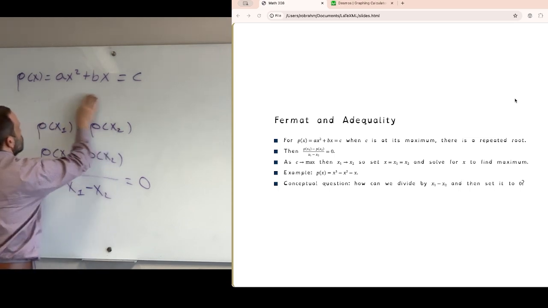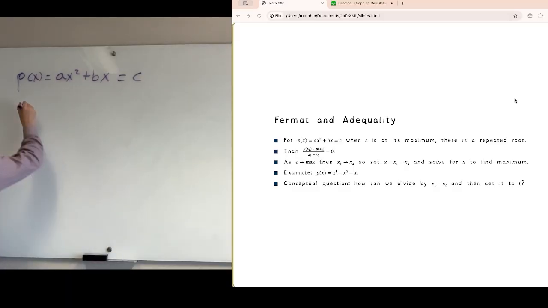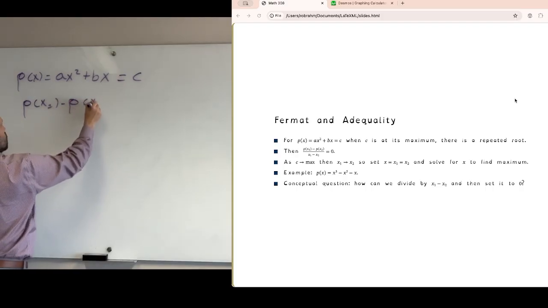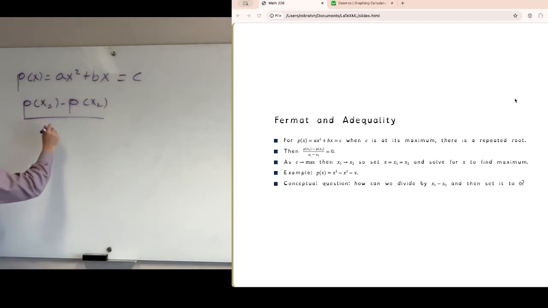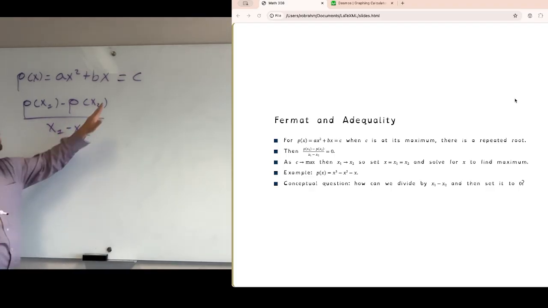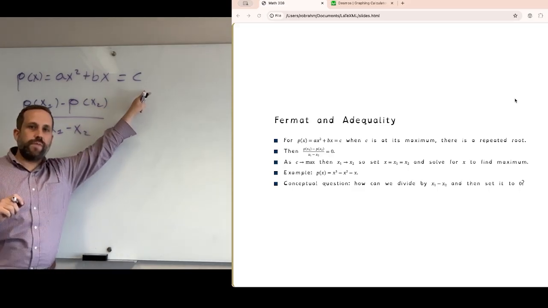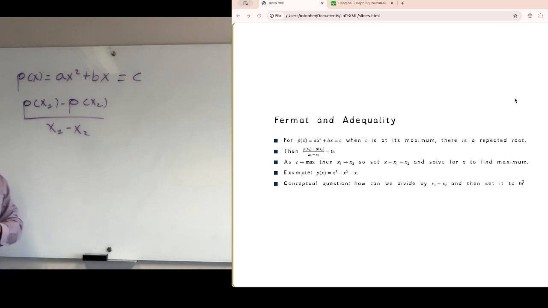So if I look at my p of x, I'm going to do p of x1 minus p of x2 over x1 minus x2. And again, as we think about c going to its maximum value, x1 and x2 are going to go closer and closer to each other. So as we move this c to its maximum value, x1 and x2 are going to get closer and closer to each other. So what's going to happen here? We're going to have a